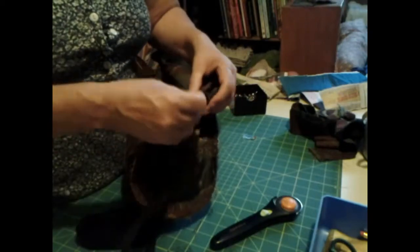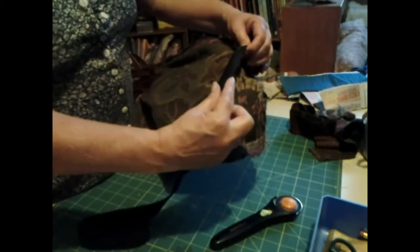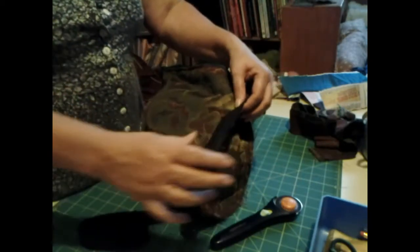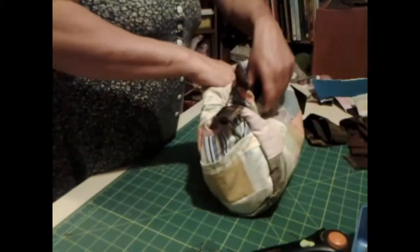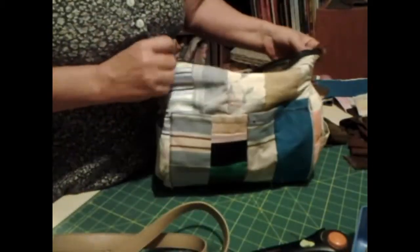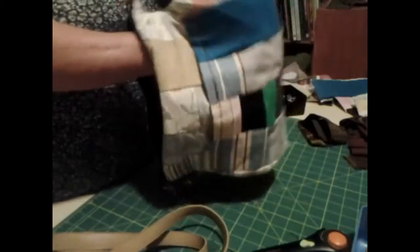I'm going to put this black around the outside of this, only because it's going to be easier and thinner to do. I think it's going to work out better. So here I go with that. Alright, we are done with it. And all. So you see, we have the zipper on this side going. Now, if we turn it around,